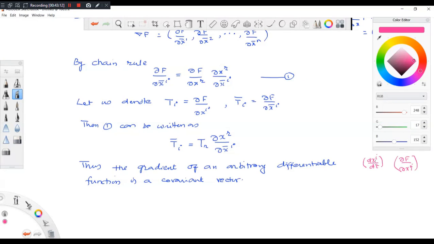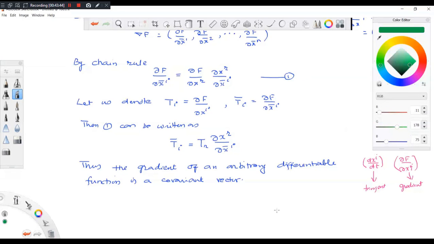Okay, so one component is like this. The components of this are the tangent vector. And what about this? This is the gradient vector. Components of the gradient vector. Both are vectors, but the transformation is entirely different. Okay, so I mean to tell you why they are entirely different.